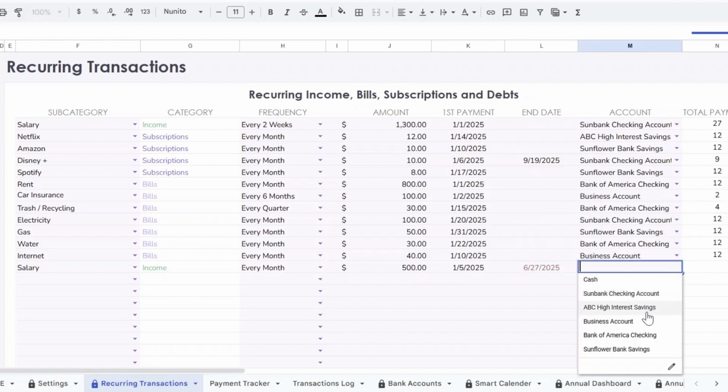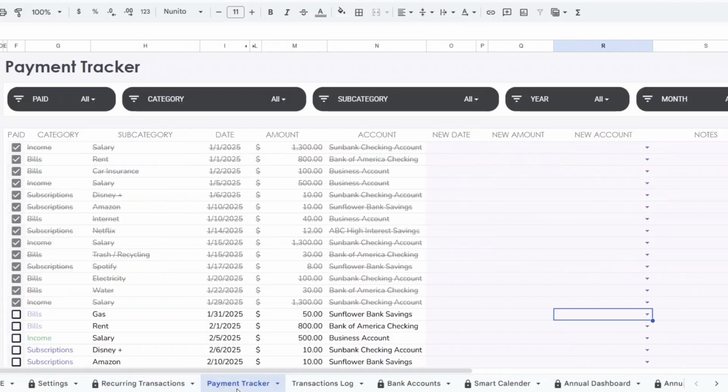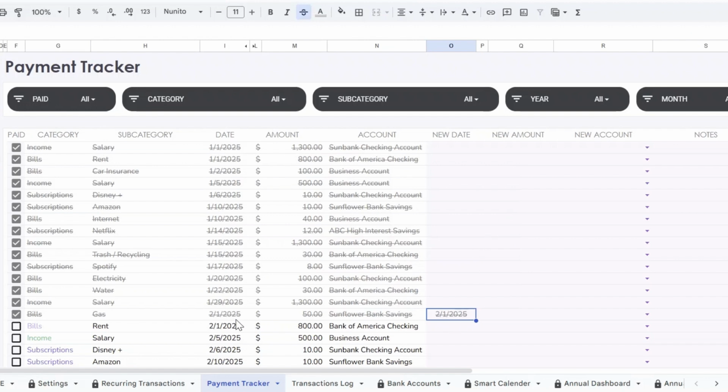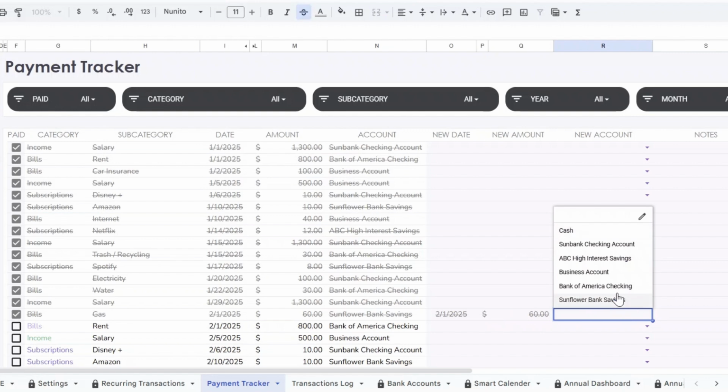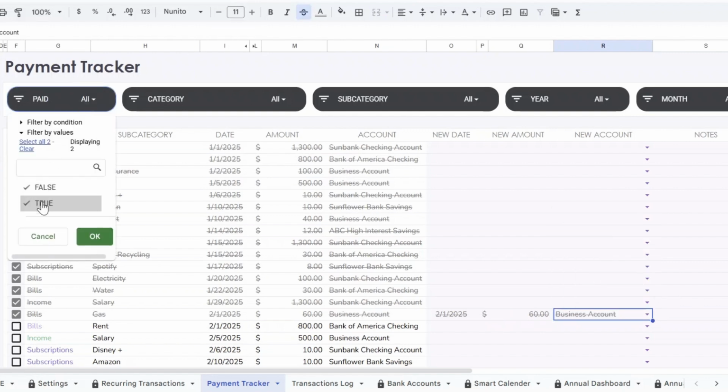Automatic calculations will show the total number of payments per category. In the payment tracker, you can check off payments using a checkbox. Checked payments are automatically included in your monthly and annual overviews. To the right of each payment, you can edit the amount, account, or date. Use slicers or filters to sort by category,